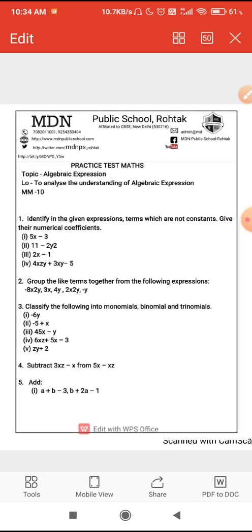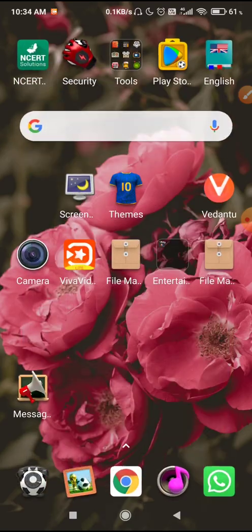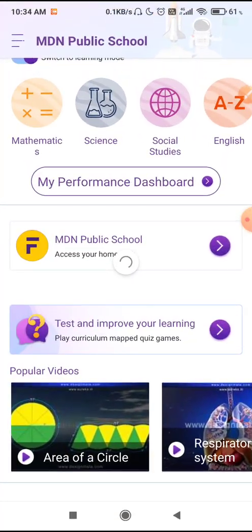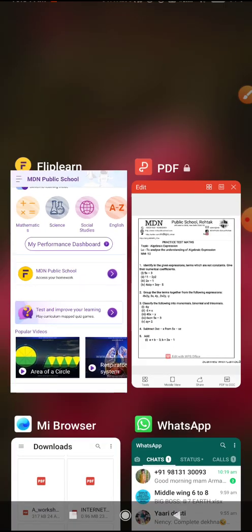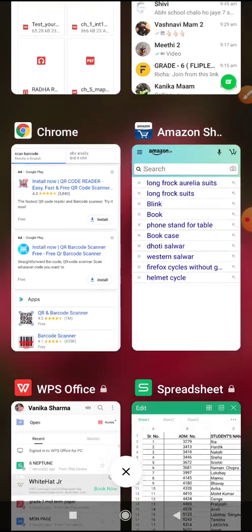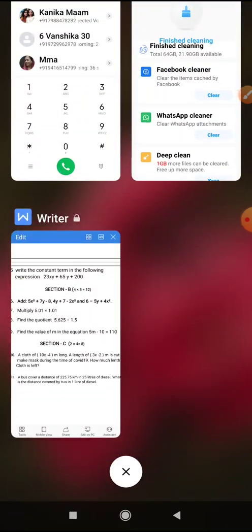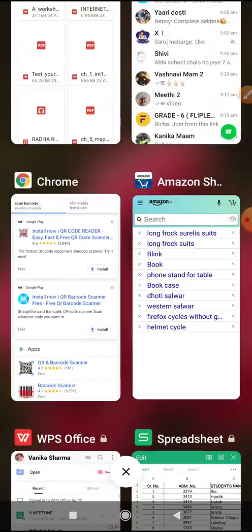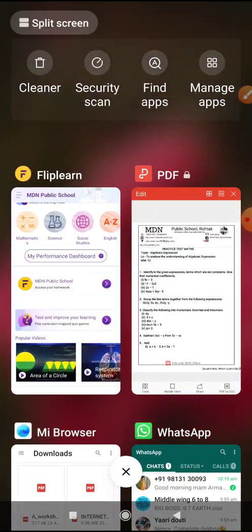After solving the question, you will definitely solve on paper. I suggest all of you, better don't type for any subject. Please attempt on paper, because in your final exam and regular exam you are attempting on paper. So please follow the same thing. And when you attempt on paper, there are two things. First, you can make a PDF file of your paper, or